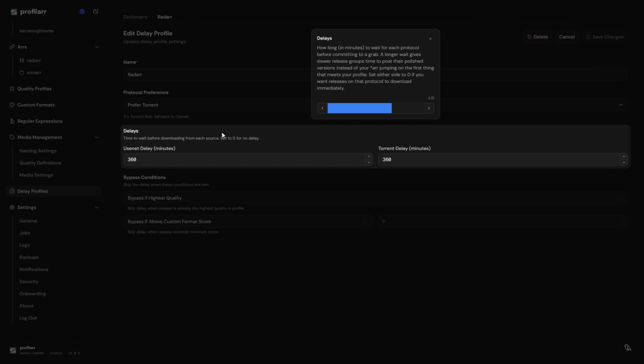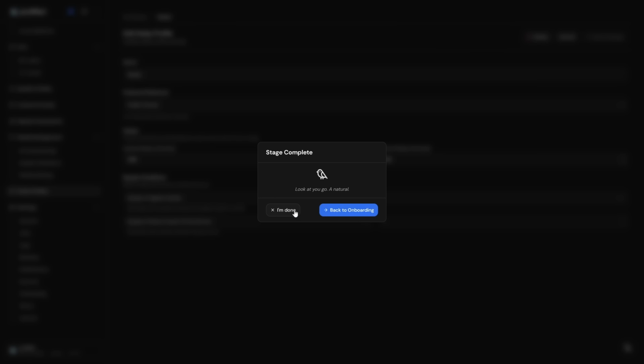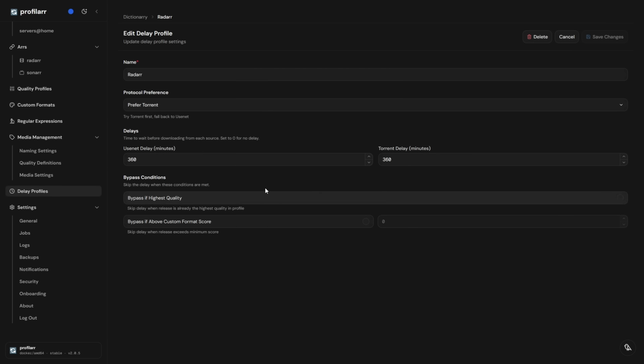So for example, when we get to delays here, it says how long in minutes to wait for each protocol before committing to a grab. A longer wait gives slow release groups time to post their polished versions instead of jumping on the first thing that meets your profile. Now I'm going to close this window and I'm going to click I'm done. But you can do this at any time to get more of an explanation of what any of these things do. But now that my delay profile is ready, I'm going to jump back to my R section up here,